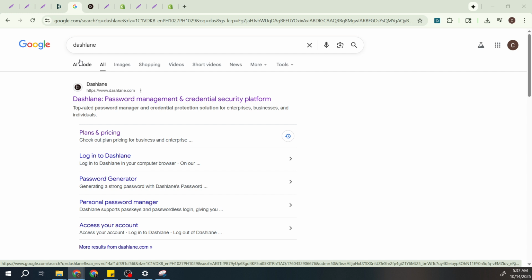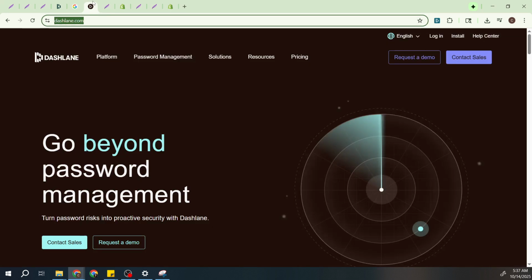When the search results load, you'll notice several links to choose from. For ease and accuracy, your best bet is to click on the first result that appears. Alternatively, you can also opt for the link with the URL dashlane.com to ensure you're directed to the official website. This step is crucial to avoid any potential scams or phishing websites, so make sure you see dashlane.com in the